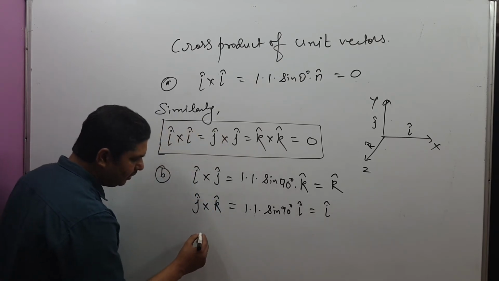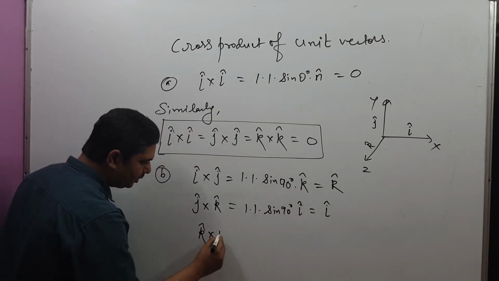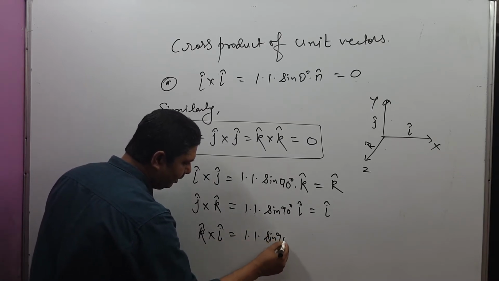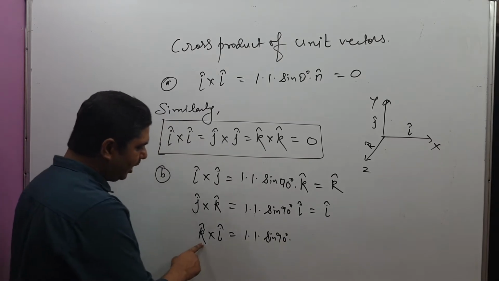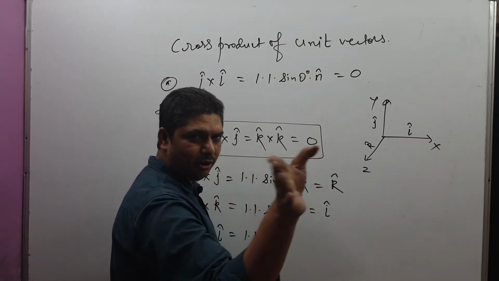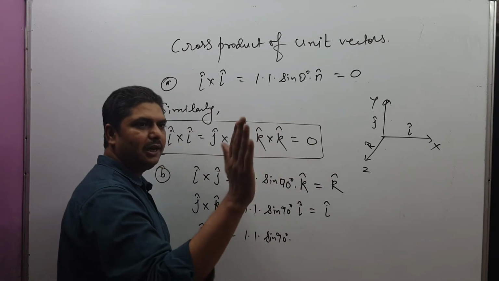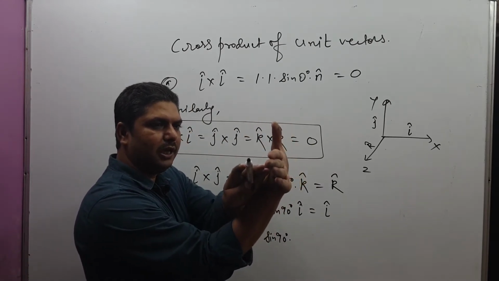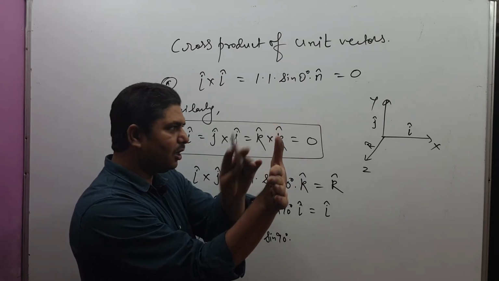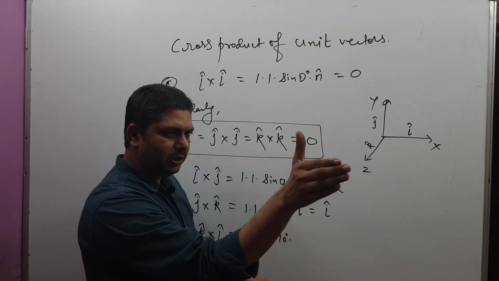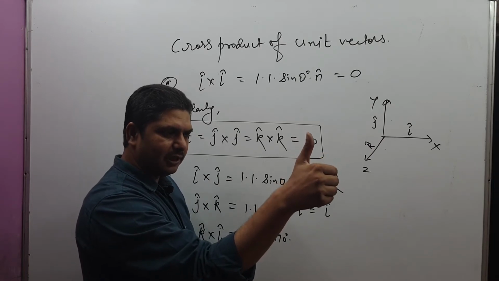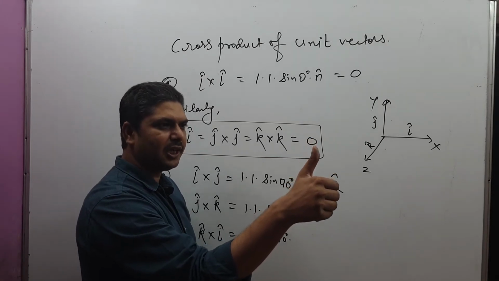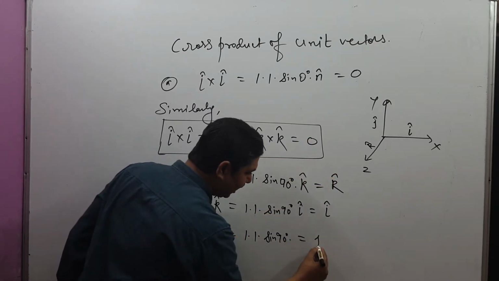Now if you write k cross i vector, then again 1 sin 90 degree. Now you have k cross i vector, the k is along your direction. So I am putting my hand like this. This is along your direction, and after that I am moving the curl towards this axis, k towards x-axis, then the thumb is in upward direction. Upward direction is y-axis, that is j cap. So you write this is j cap.